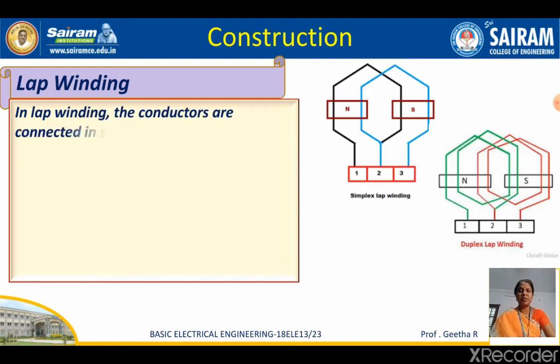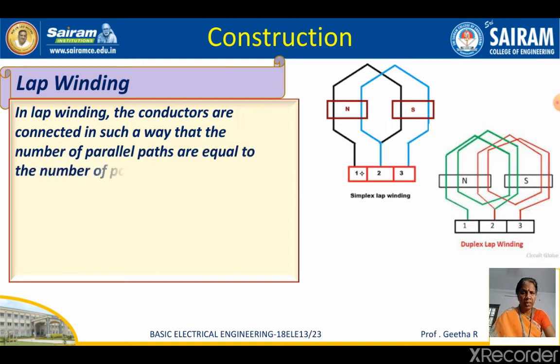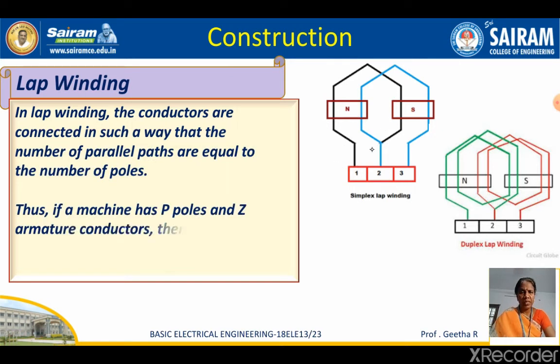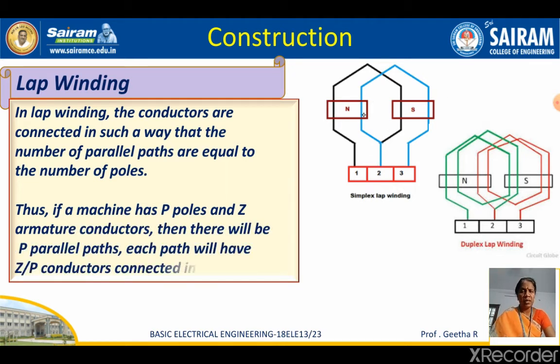Lap winding. You can see the coil starts from the commutator here. The end of the first coil is connected to the beginning of the second coil. You can see here the poles are arranged alternately. The first coil means two turns it has. Two turns make one coil. So with the brown color you can see it is one coil that is connected to the second coil. Like in a continuous wave it is connected, it is called the lap winding.